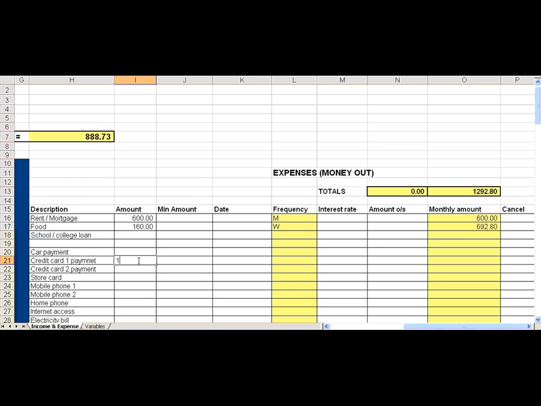You may have credit card payments. Now the actual amount on the card could be 1,000, but you're only paying off the minimum every month, which is 40. That's per month, so you fill in the M here. The interest rate on your card, when you look, could be 24. And the amount outstanding, well, we've said that's 1,000. You're only paying off 40 every month, though. You may have another store card that you've got 500 on. You're paying off a minimum amount again. Every time you pay off the minimum amount,